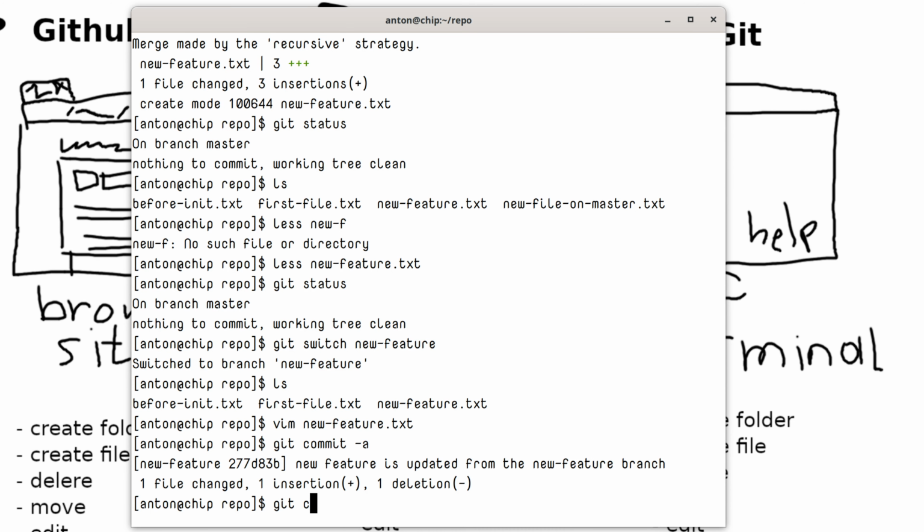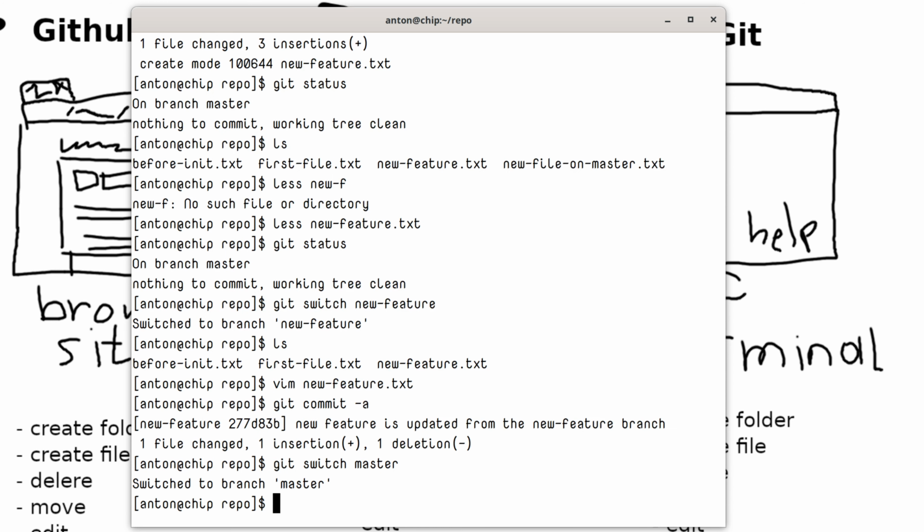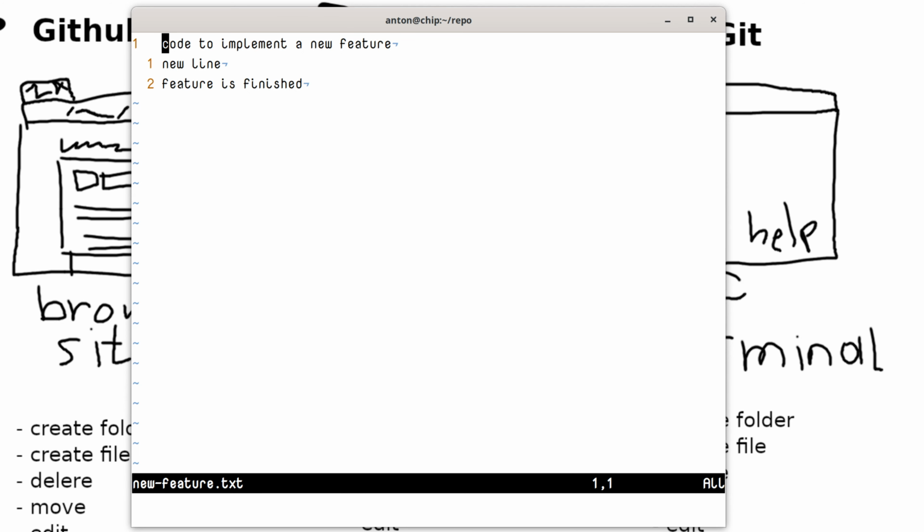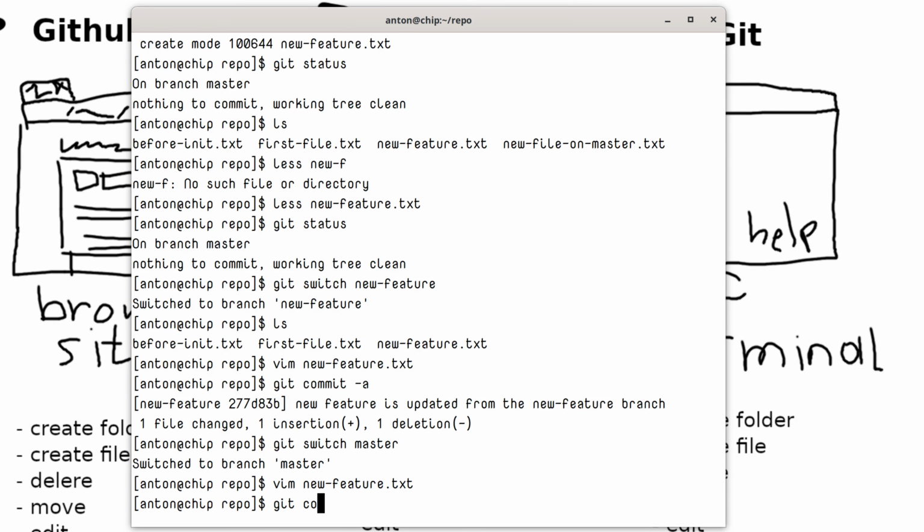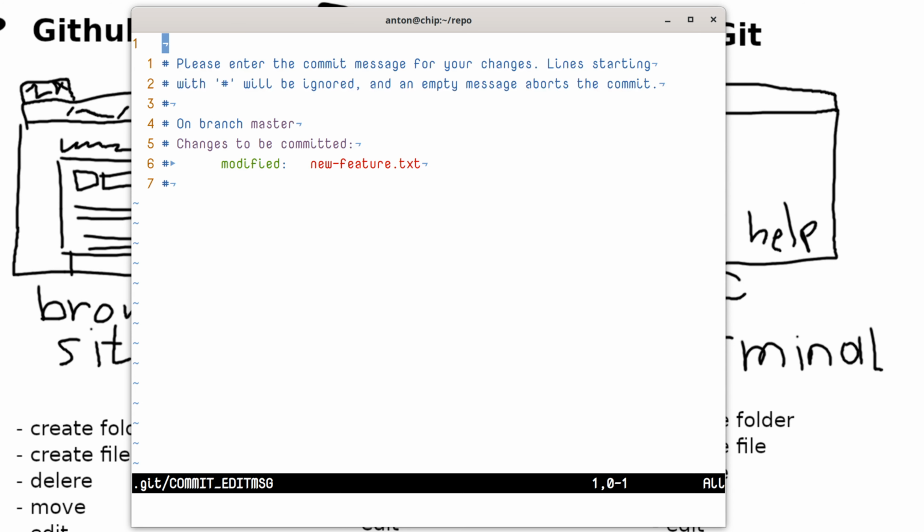Now we go to our master branch, and we modify the same file, and now we change it to something unique to master branch, updated from master branch, right? We commit it. New feature is changed from the master branch,